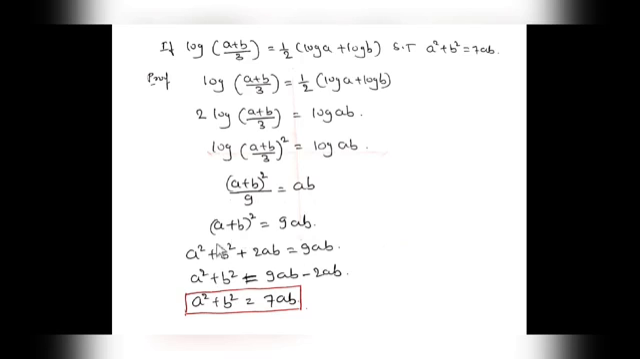Expand this using the formula for (A plus B) whole bracket square. A square plus B square plus 2AB is equal to 9AB. A square plus B square is equal to, shift this plus 2AB to this side, it will become minus 2AB. A square plus B square is equal to 9AB minus 2AB, which is 7AB. This is the